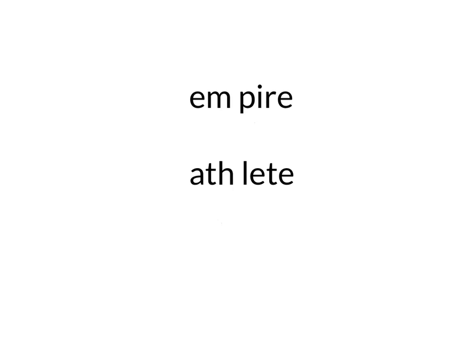List 3 words, follow the VC-CV syllabication pattern. In this first word, empire, there is a vowel followed by 2 consonants and another vowel. You will divide between the consonants. The words in this list will have a closed syllable at the beginning because there is one vowel